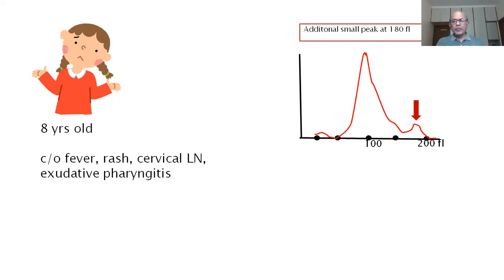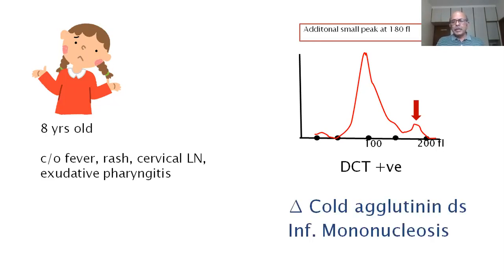What had happened was, this machine counts the RBC as it passes through the aperture. If these RBCs are agglutinated together, they will be counted like a single RBC, and the reading will be obtained as a large RBC and a large MCV. So the next thing that we did was a direct Coombs test. The direct Coombs test was positive, and this patient had cold agglutinin-induced hemolytic anemia.